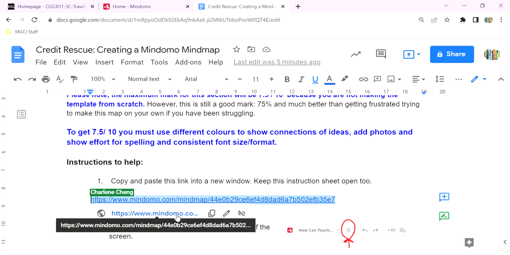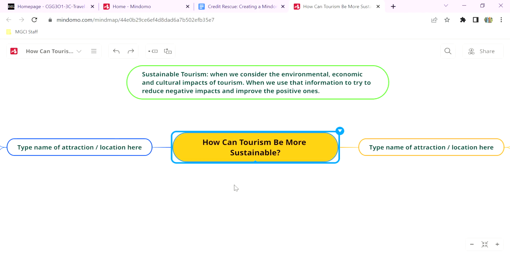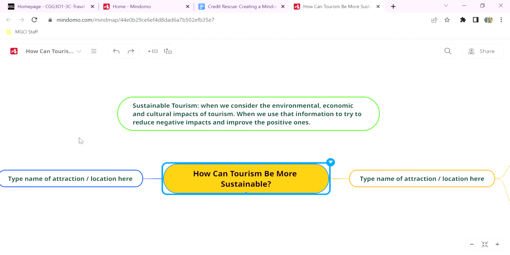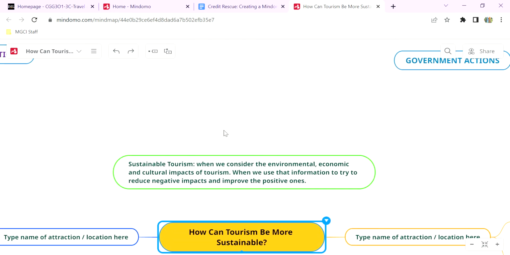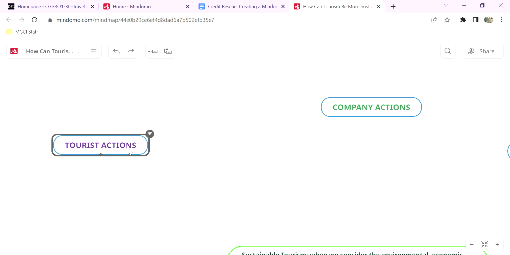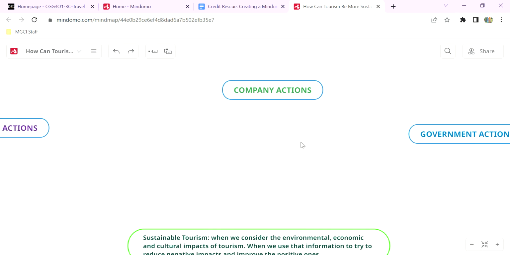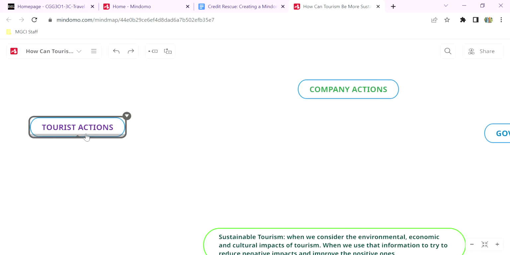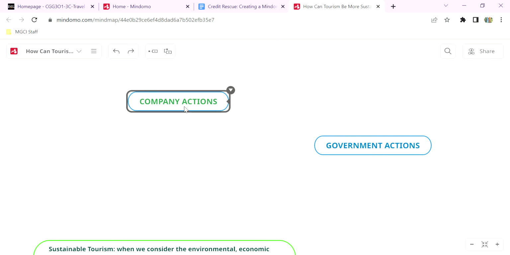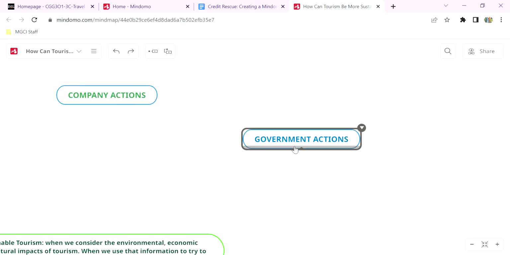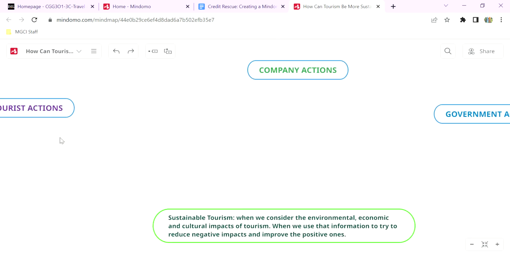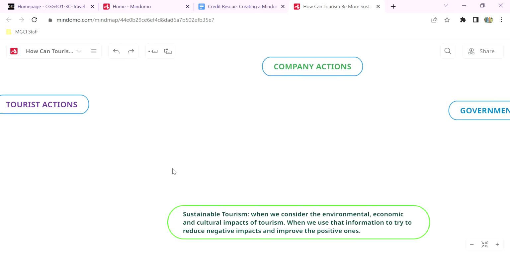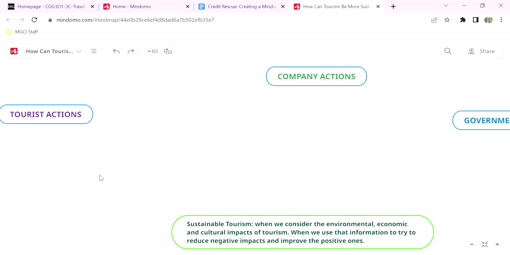Okay, so I'm going to take this and go into our template. So here's the template, and you'll see it has a definition of sustainable tourism, which is awesome. It has a legend in terms of letting us know that purple is going to be our tourist actions, green's our company actions, and blue is our government actions. And again, color coordinating things is really important in a mind map, or else there's no point to doing it. We want to see connections